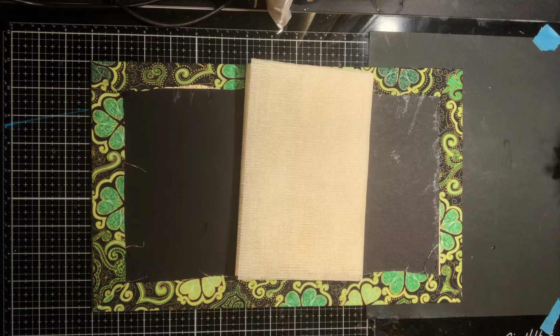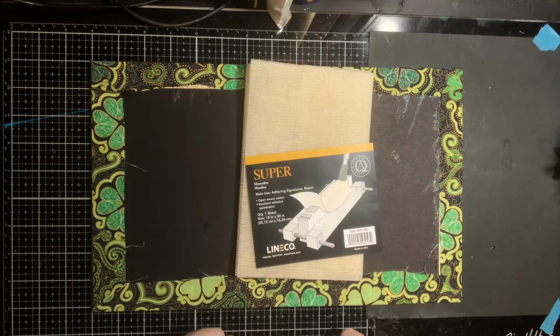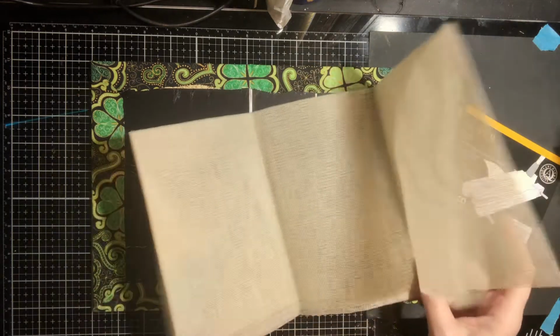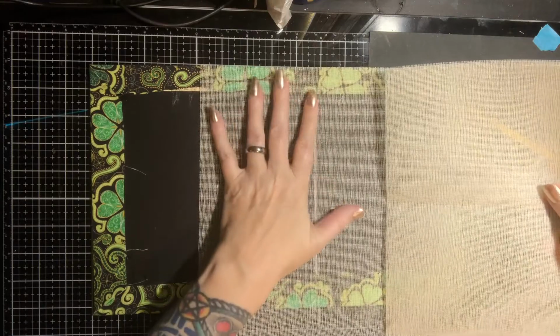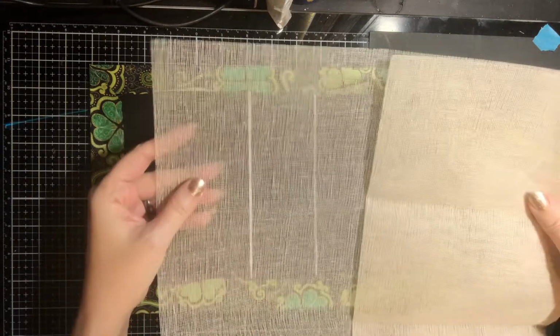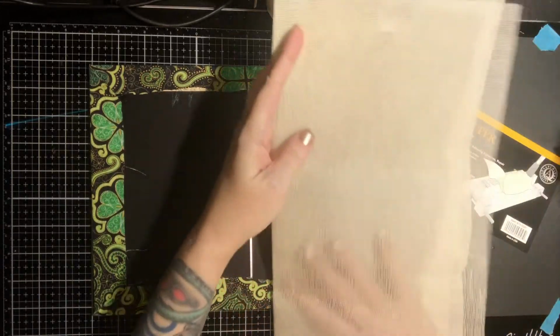And so this is Lineco super book cloth for signatures, etc., right? Well, not so much. What you couldn't see in the picture is this. See how see-through that is? This may technically work for that, but I wouldn't be comfortable using it as my base for my signatures. It is handy, however, and I will be able to use it